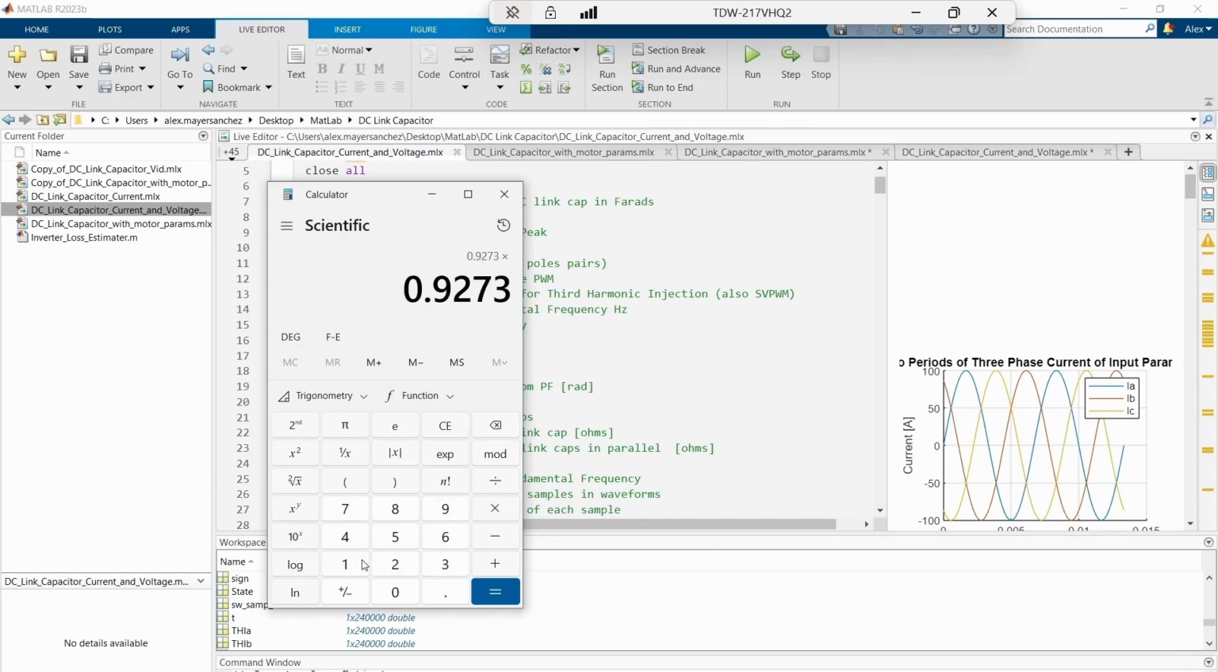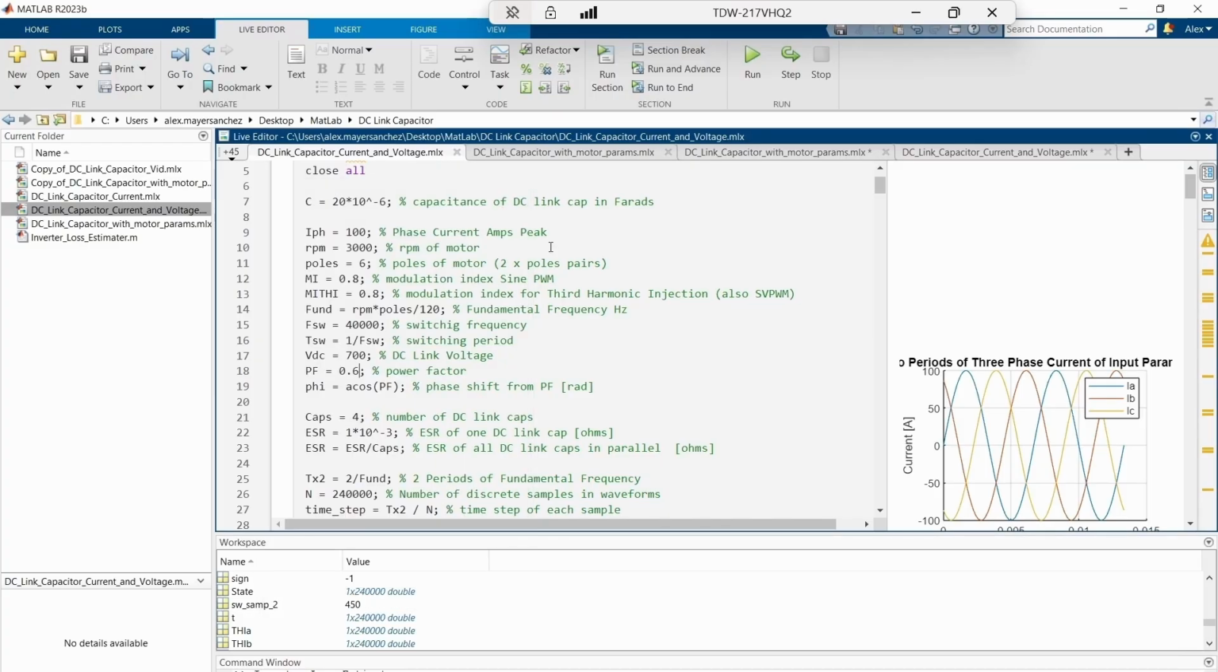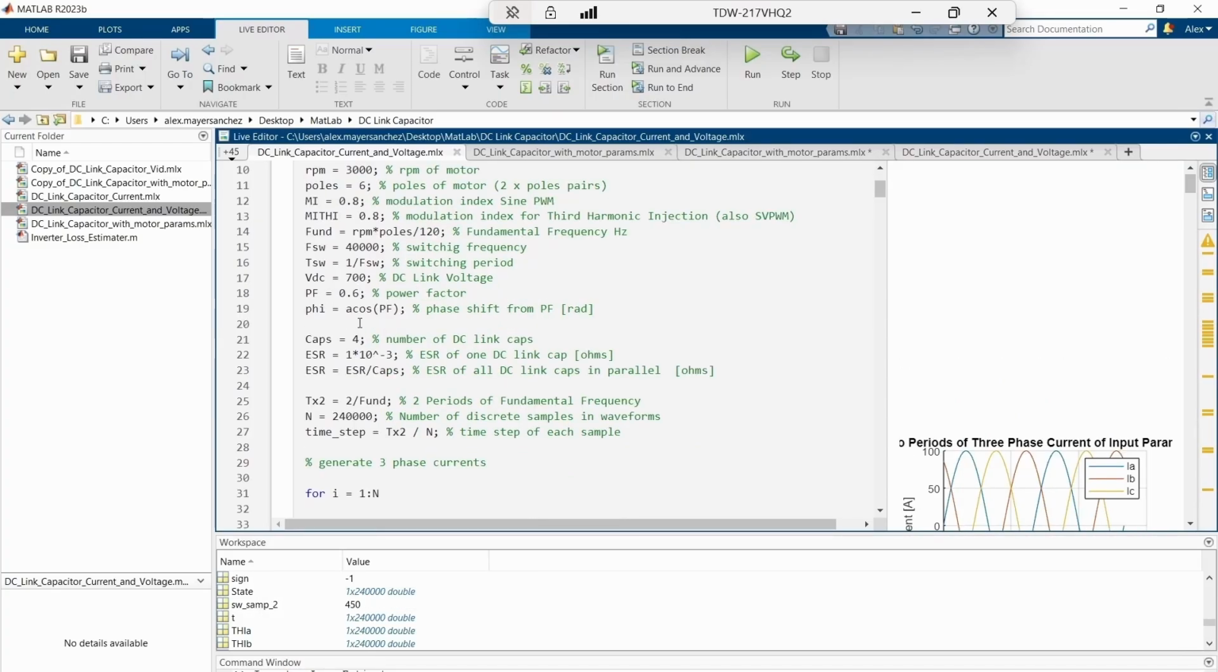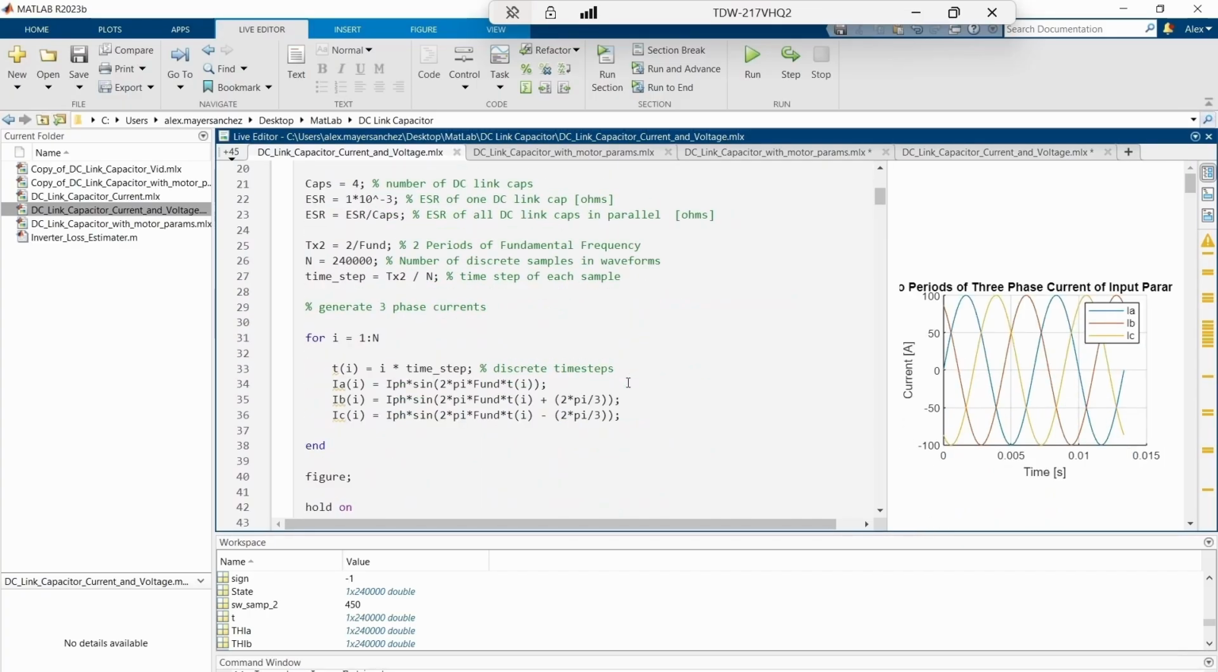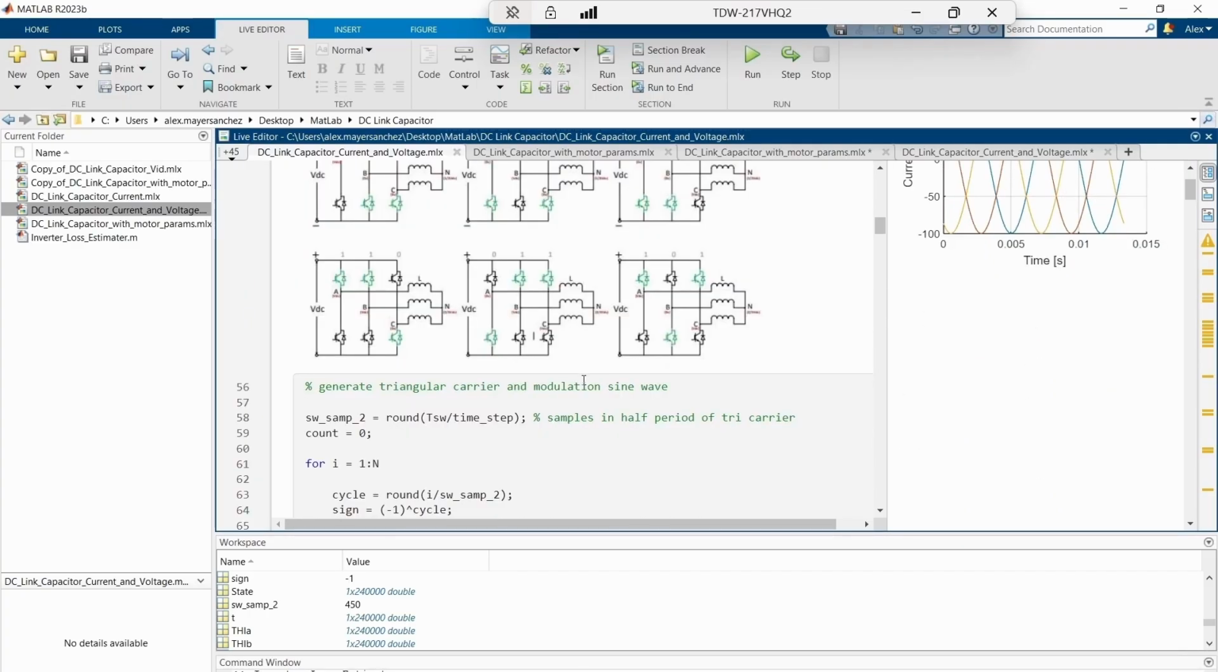0.9273 times 180 divided by 3.14. Like 50 degrees or something. Okay. Anyways, so we should have a phase shift of 50 degrees, and